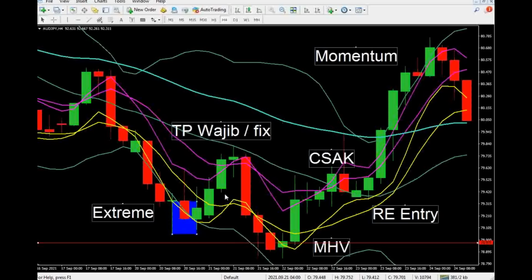The price is going up after the extreme, so the target or TP fix is the MA high, the first target, and the second target is the middle Bollinger Band. So in here or in here, people cut profit,